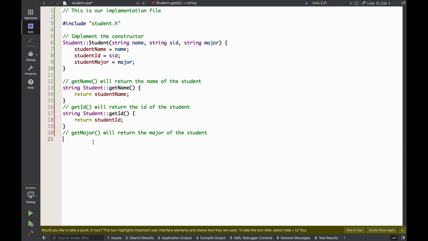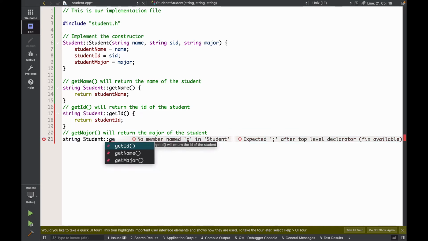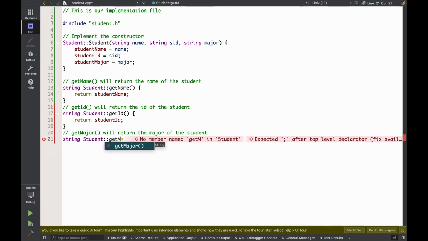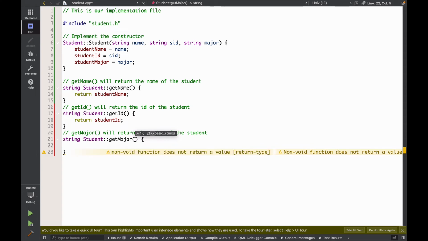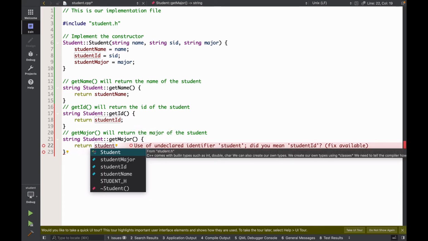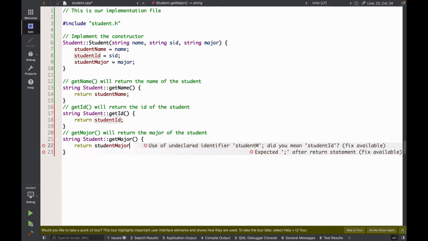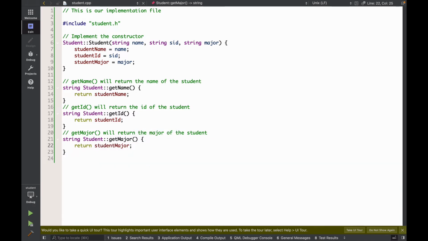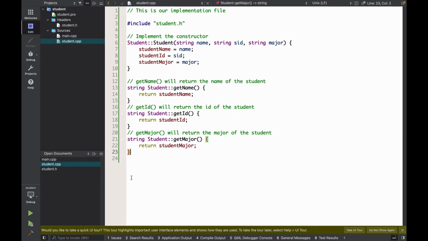Okay, and then let's do the same. So return a string, it's the student class, and it's get major, and its implementation, so we use curly braces, so return student major. Okay, and that's our implementation. So step 2 is done. Now let's go to step 3, which is testing. So we go to main.cpp,